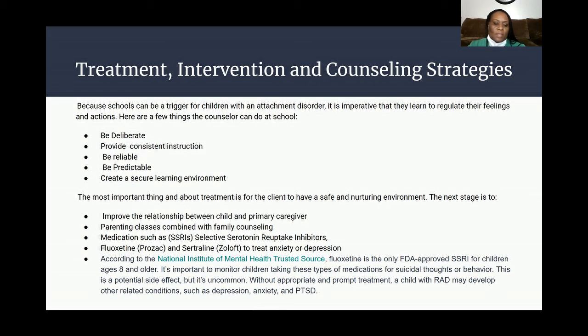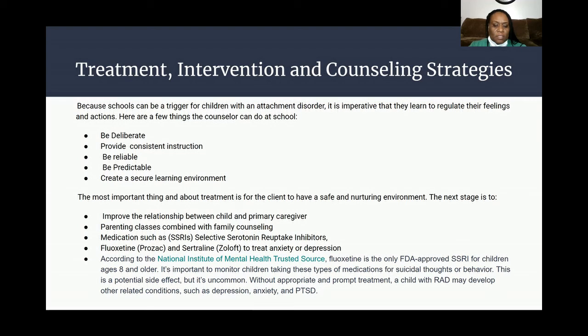Let the child know that you're there. Let the child know that they're in a safe environment for them to be able to express themselves. The most important thing about the treatment for the client is to have a safe and nurturing environment. The next stage is to improve the relationship between the child and the caregiver. Parenting classes combined with family counseling can be helpful, and also medications such as SSRIs, fluoxetine, Prozac, or Zoloft,